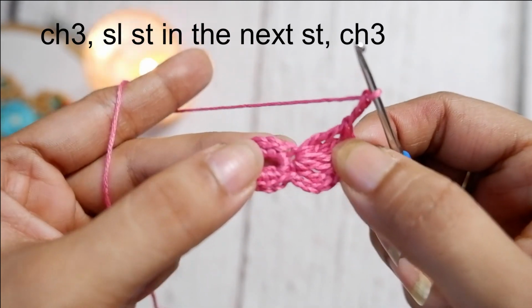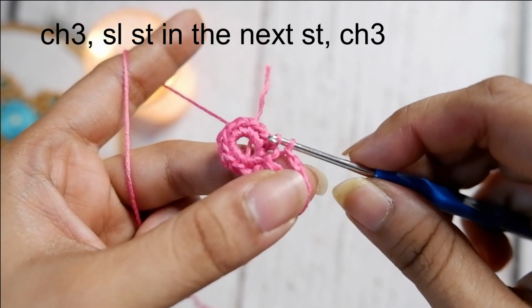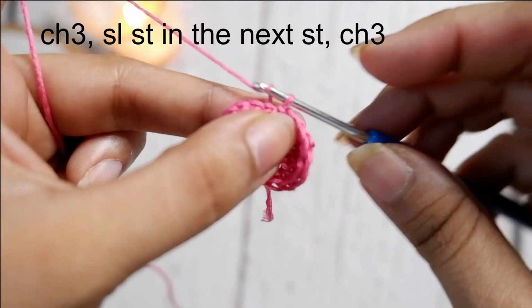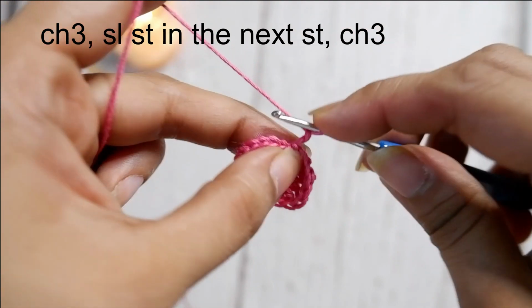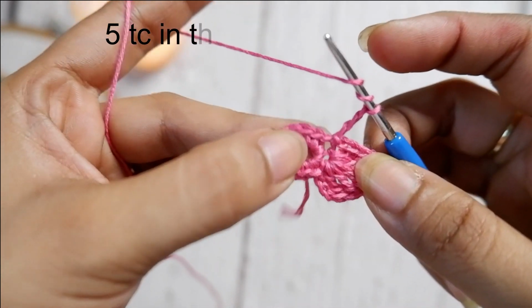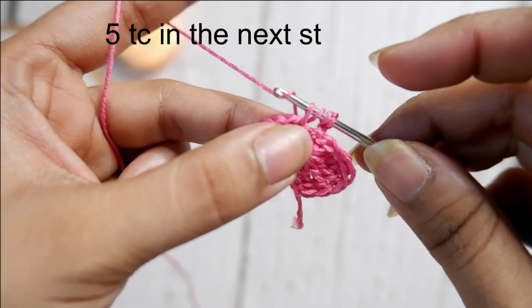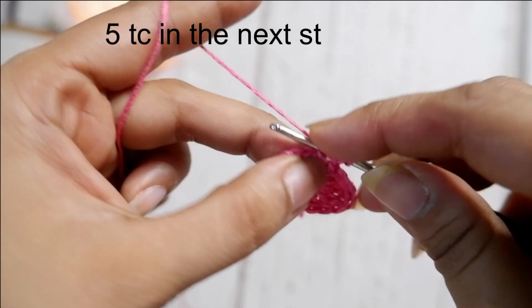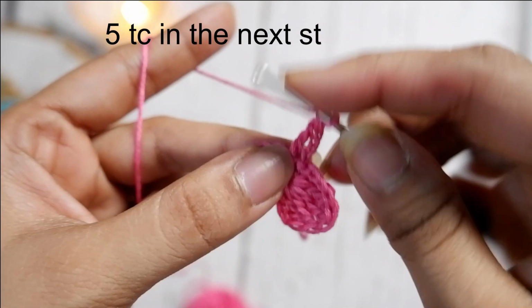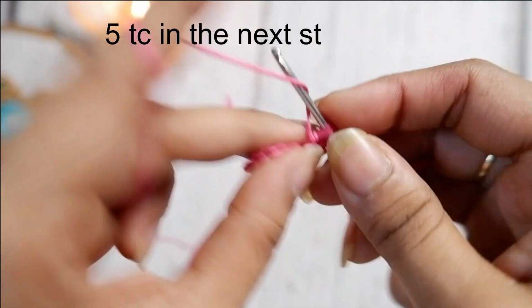slip stitch in the next stitch, and the first petal is done. We will begin the next petal by doing a chain 3, and then in the next stitch we will be doing 5 triple crochet stitches as earlier. We will complete the 5 triple crochets